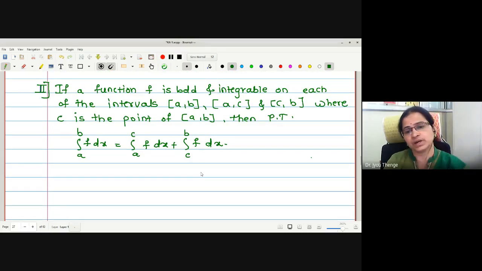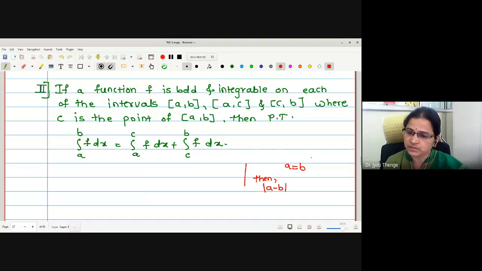Now to prove this statement, we are going to use the method of real analysis. Whenever we want to prove that two numbers are equal, suppose we want to prove a is equal to b, we can prove this by showing mod of a minus b is less than epsilon, where epsilon is a positive number. Modulus gives a non-negative quantity, less than every positive number, so we have only one option: mod of a minus b is equal to 0, which gives us a is equal to b.